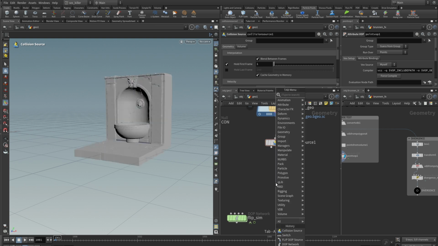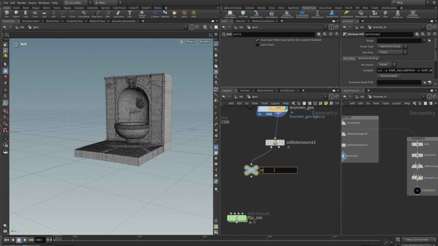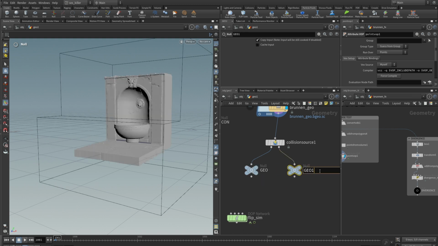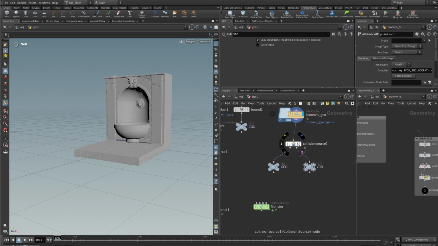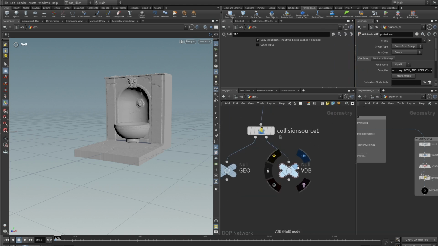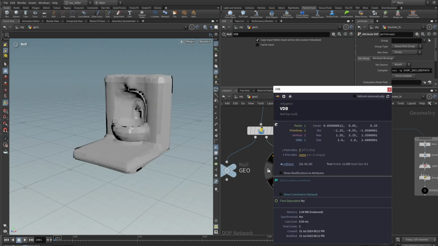I will create two nodes. This one will be a geo. And I just duplicate this guy here and call it VDB. For flip, you need a volume collision. That's why we're using this collision source. And you see on this side, you have something like this. It's very low resolution. You see you have a collision